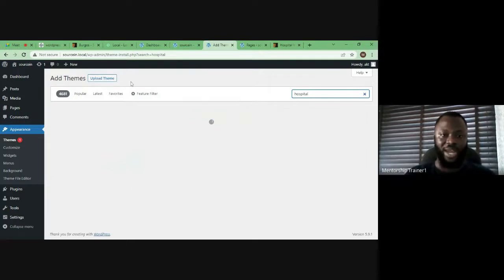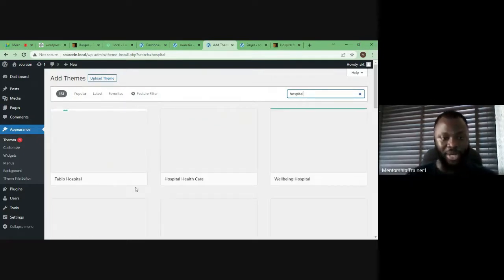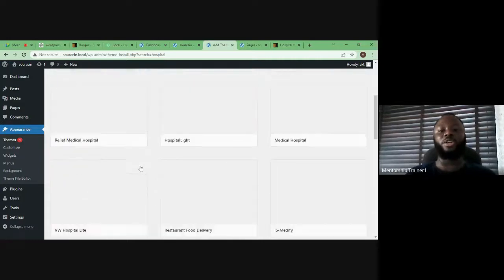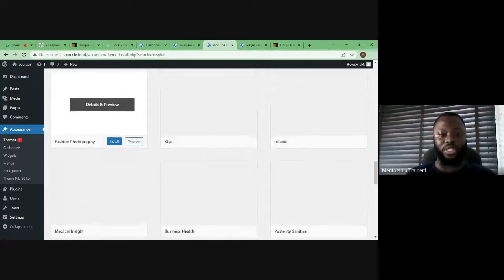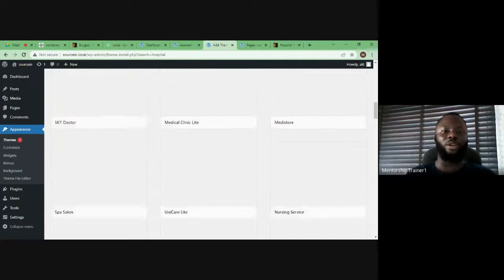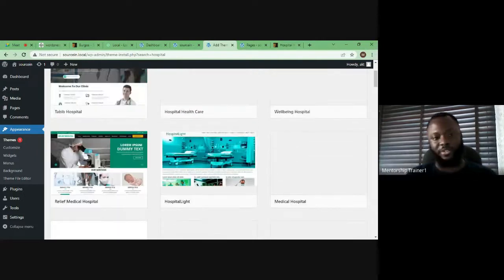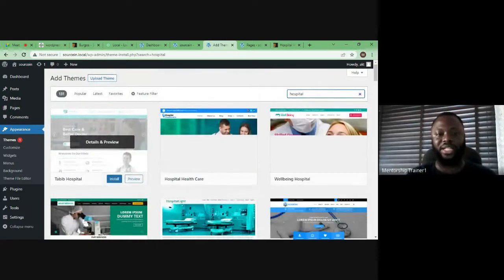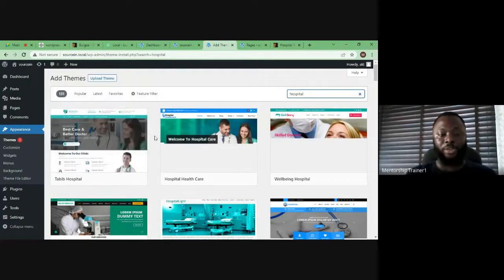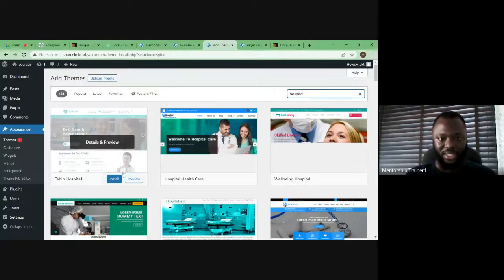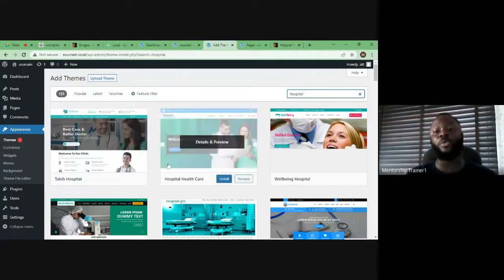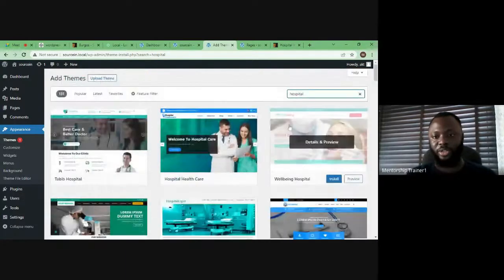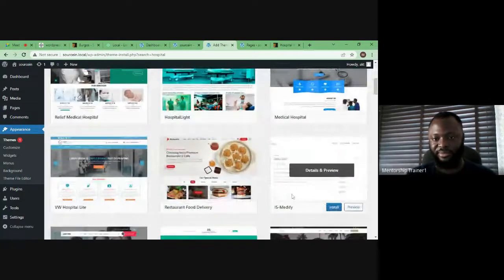So all the themes that we have here are free themes. So when I come to the hospital search, it shows me a lot of different things that I can use for this particular website. So I have the luxury of picking a lot of free themes. So let's just pick one that actually looks very fine at a glance. Don't really bother about the content of the theme because we're going to be working with a builder now. I'm going to show you how to work with it, but just focus majorly on,